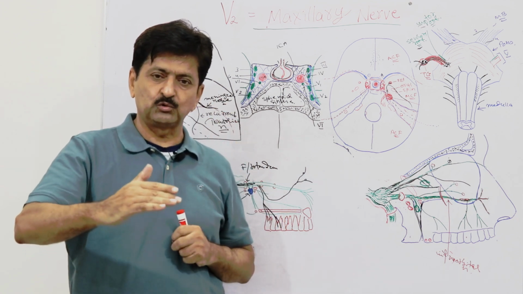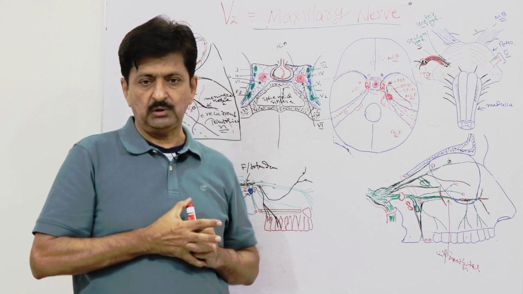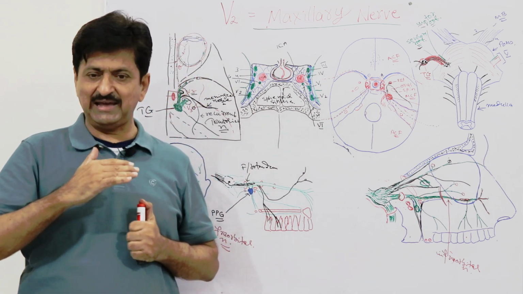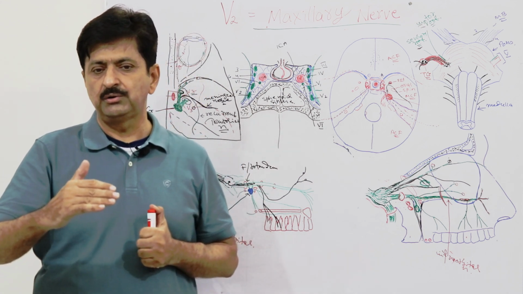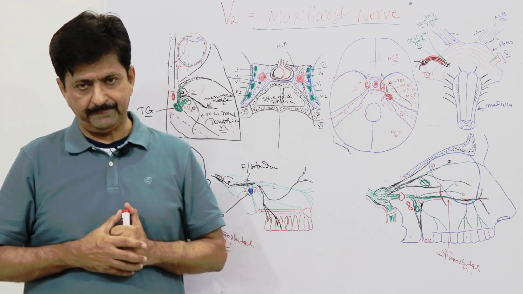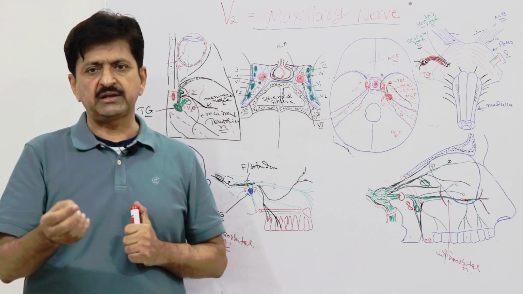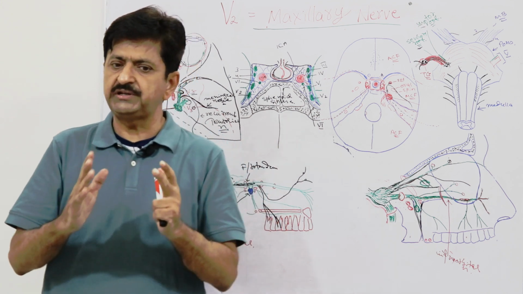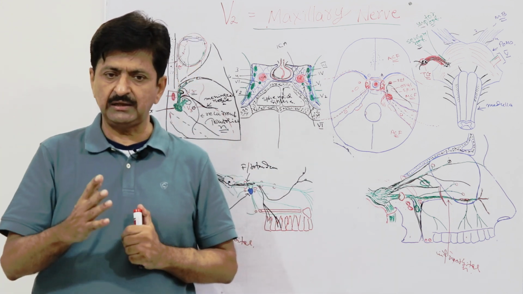This is the extracranial course through which it is in fact going through. Now, in its entire journey, it is giving off the branches. We have told you that whenever you take any cranial nerve, it should be done under certain headings like